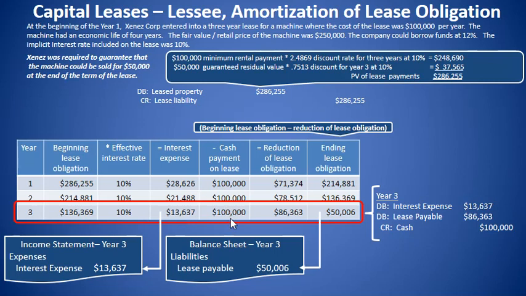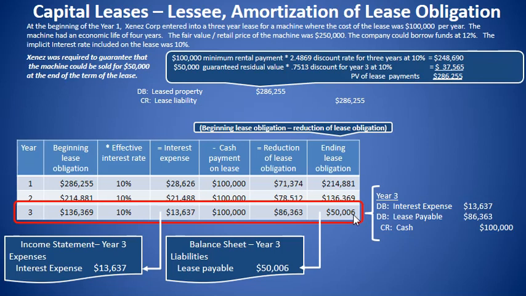Again, if we subtract out our cash payment on the lease, $13,637 will go to interest, and the remainder will go to a reduction of our lease obligation, which will be $86,363, and that's going to leave an ending lease obligation of $50,006. In theory, it should actually leave an ending lease obligation of $50,000, but